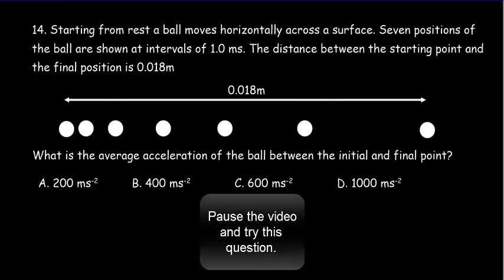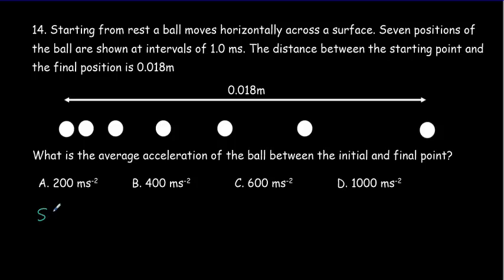Question 14. Pause the video, try the question, come back for the answer. So from your data booklet, there is this equation here, 1/2 at squared. And we can use this equation here. It starts from rest, our object, so the term ut is 0 because the initial speed is 0. The displacement would be this